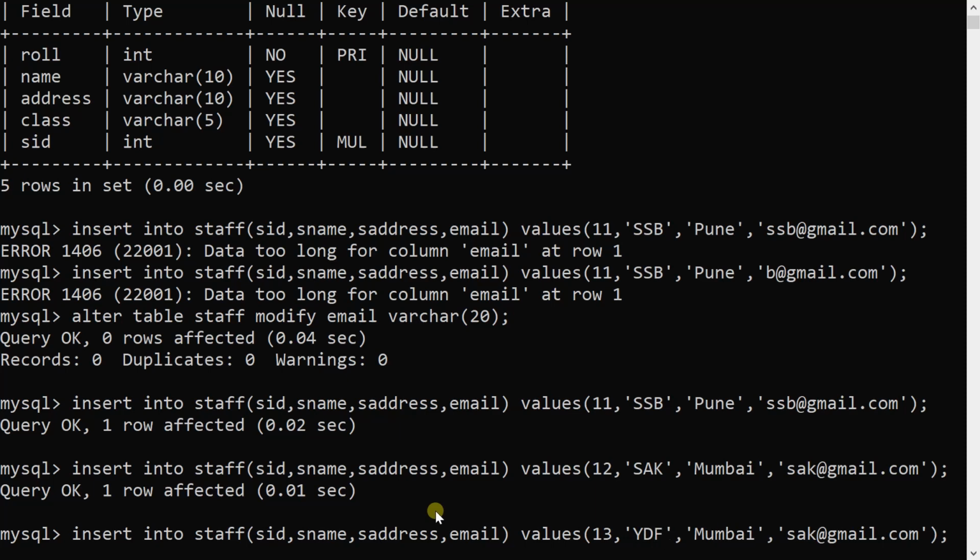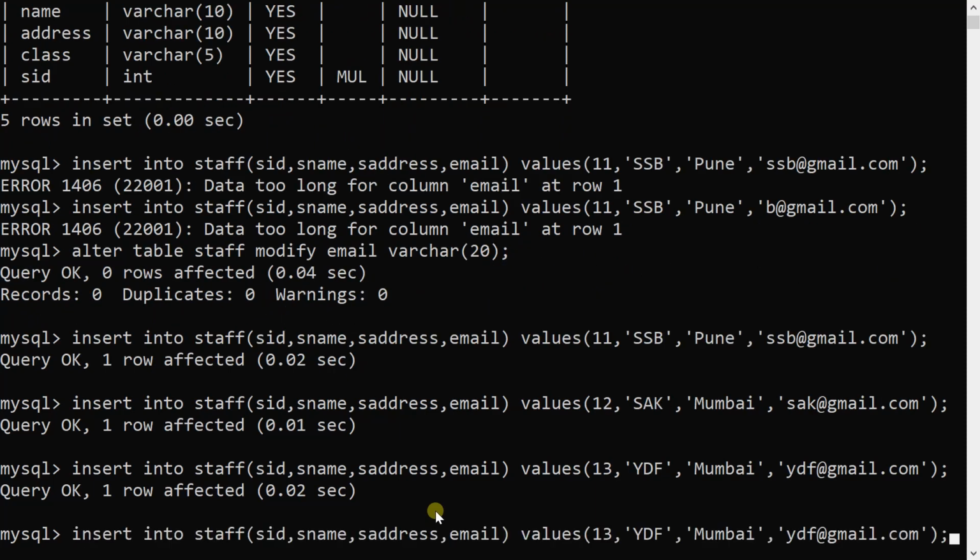The address may be the same because we haven't declared anything unique for address. And then the email address should be unique, so each record should be unique for that staff. Then staff number 14, SAD, Nashik, and then